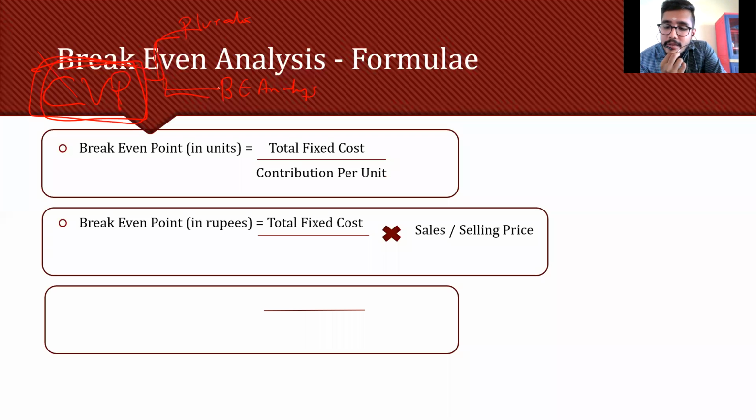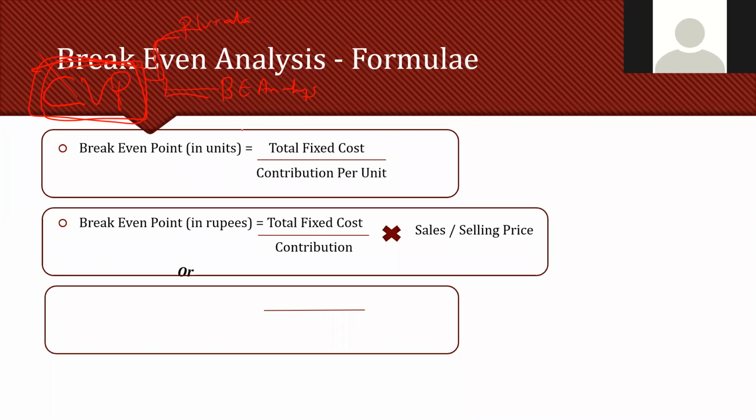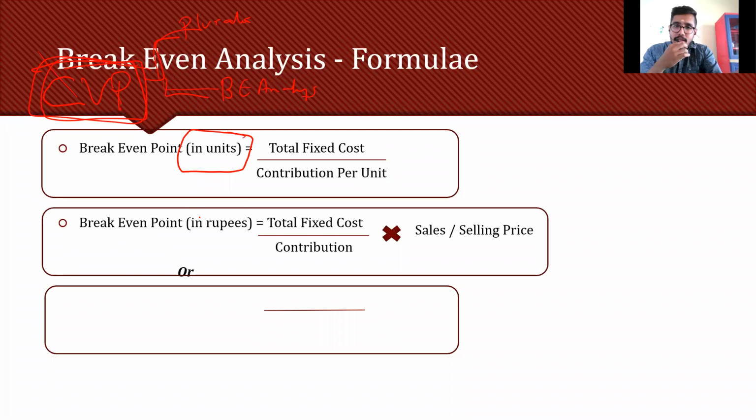First of all, break-even point can be found out in two ways. That is break-even point in units and break-even point in rupees. What do you mean by break-even point in units? In simple terms, how many units must be produced for the company to have